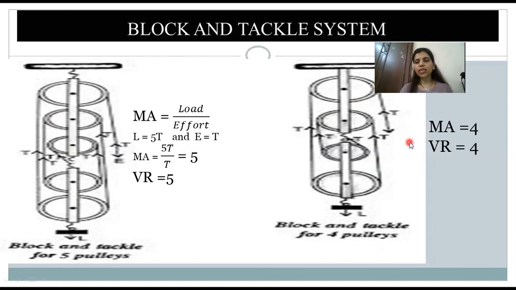So as you can see, the mechanical advantage is greater than 1. It's acting as a force multiplier. These pulleys are mostly used in different machines where they need to pick or pull heavy loads. Here you can see in the block and tackle arrangement, if there is an odd number of pulleys, the lower tackle should have fewer pulleys.